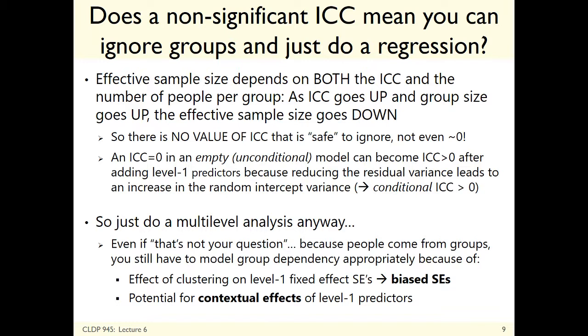So here's another one. What if your intraclass correlation is non-significant? Now you guys know how to test if it's significant, right? I made you do this like 8,000 times? Maybe, roughly, give or take? How do I know if an intraclass correlation is significant or not? From an empty means random intercept model. Step 1. I'm like, what's the ICC? Give me the test statistic for whether it's greater than 0, right? What's that? Where does that come from?